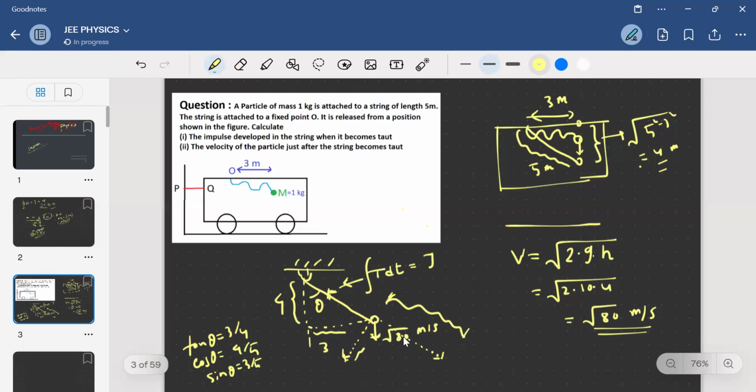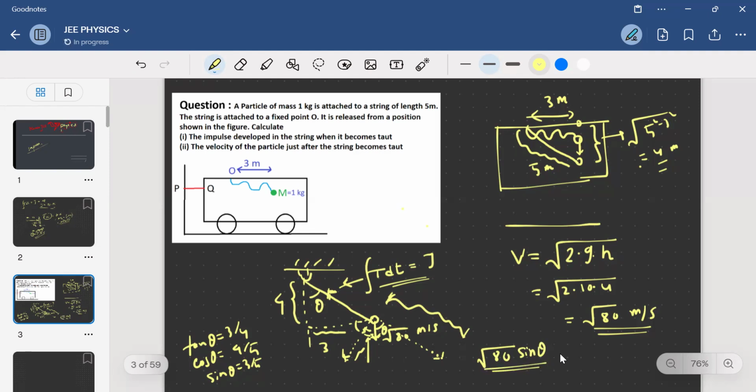So the component along the string will become 0 due to this impulse developed. So this impulse will change the momentum of this particle in the direction of the string. Okay. So the only component available for the particle will be in this direction. So this is theta, that means this is 90 degree minus theta, that means this is also theta. That means root 80 sin theta component will be the only existing component of the particle just after the string